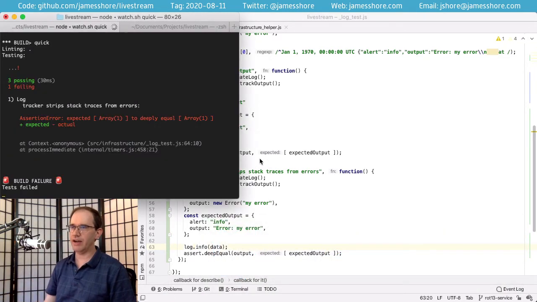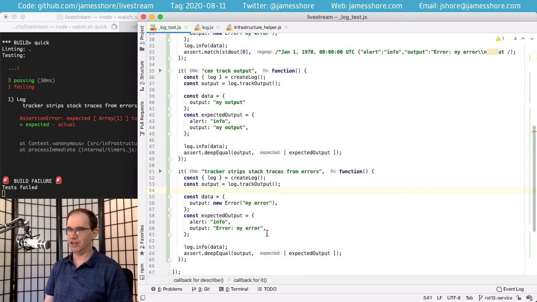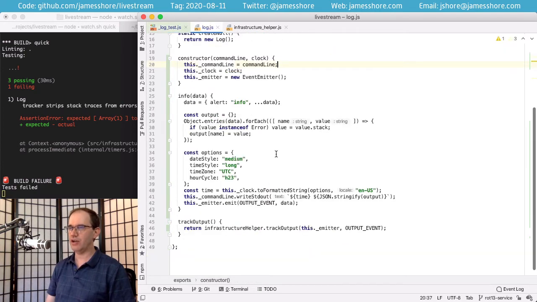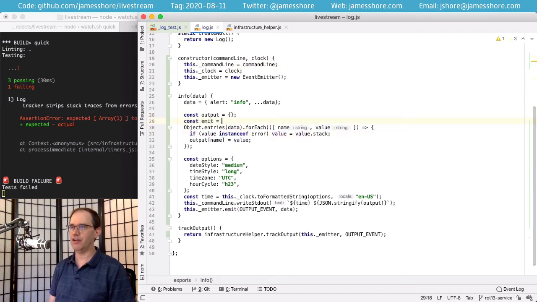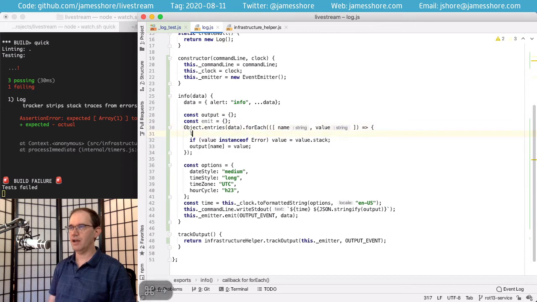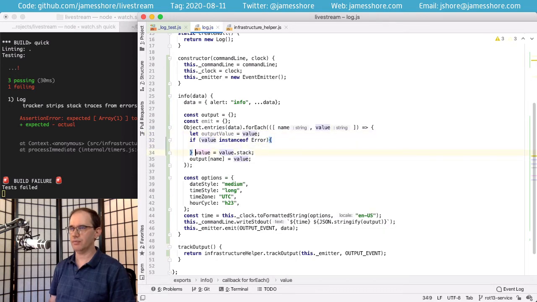And we're getting a weird error message out of this. And the reason is that it sort of matches and it sort of doesn't. Again, this is just a flaw in Mocha, I think. So what we need to do here is the same thing. We need to special case the emitted output. So I'll make another object here. And we'll say that our output value defaults to the value unless value is an instance of an error, and then the output value is equal to the stack.